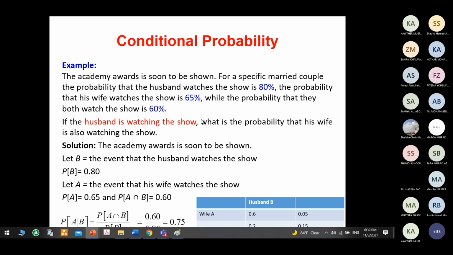The Academy Awards is soon to be shown. For a specific married couple, the probability that the husband watches the show,